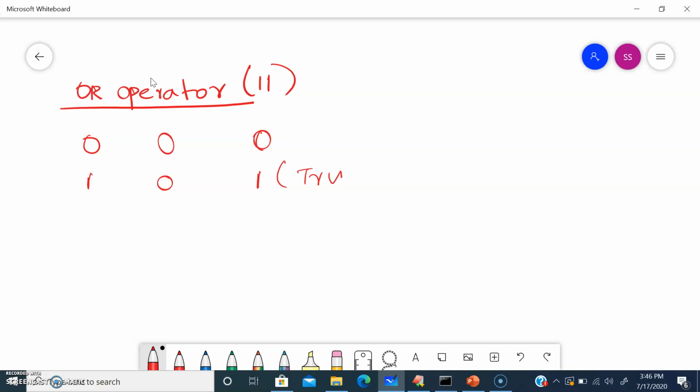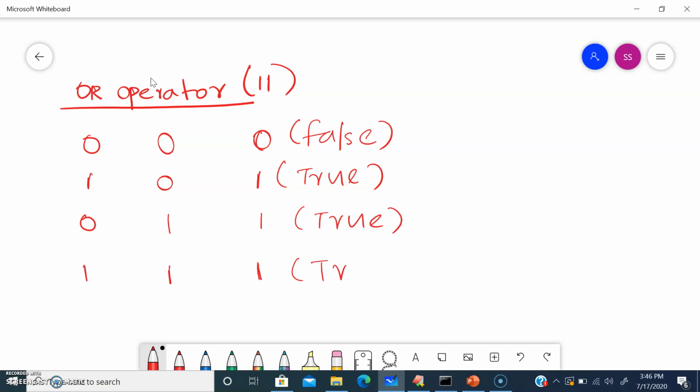We know 1 means true, 0 means false. 0 and 1: either one condition is satisfied, then it returns true. 1, 1: both conditions are satisfied? True.